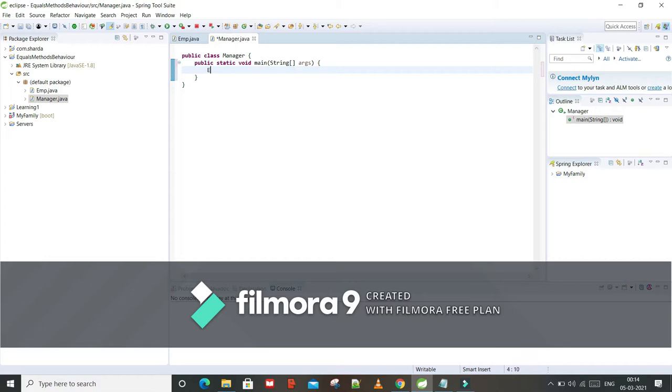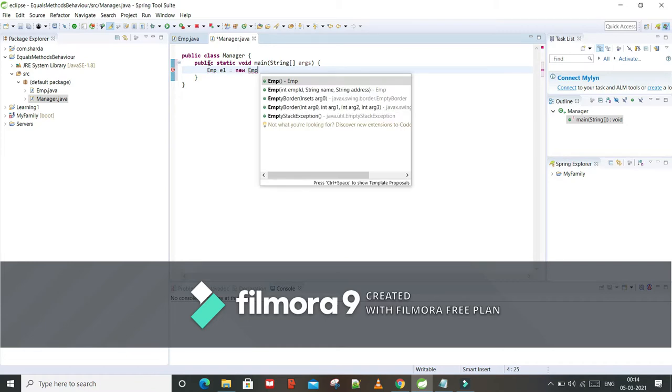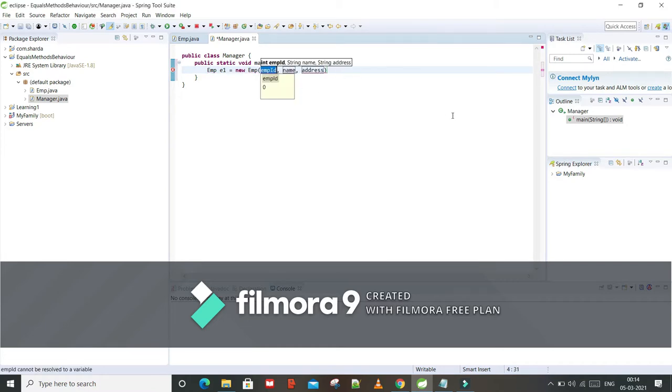Here we will provide the object e1 equal to new Emp, with employee id as 1, name as ap, and address as str.